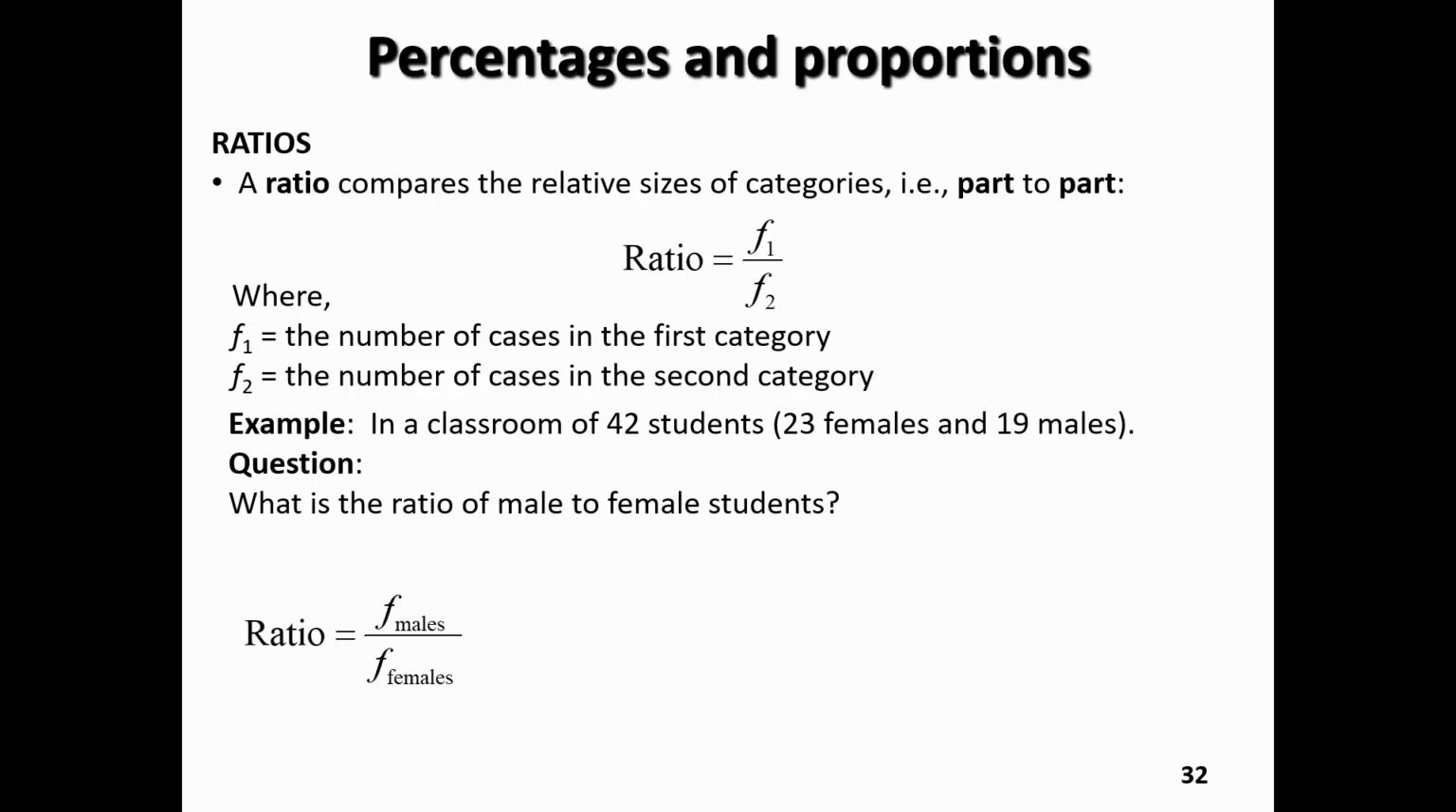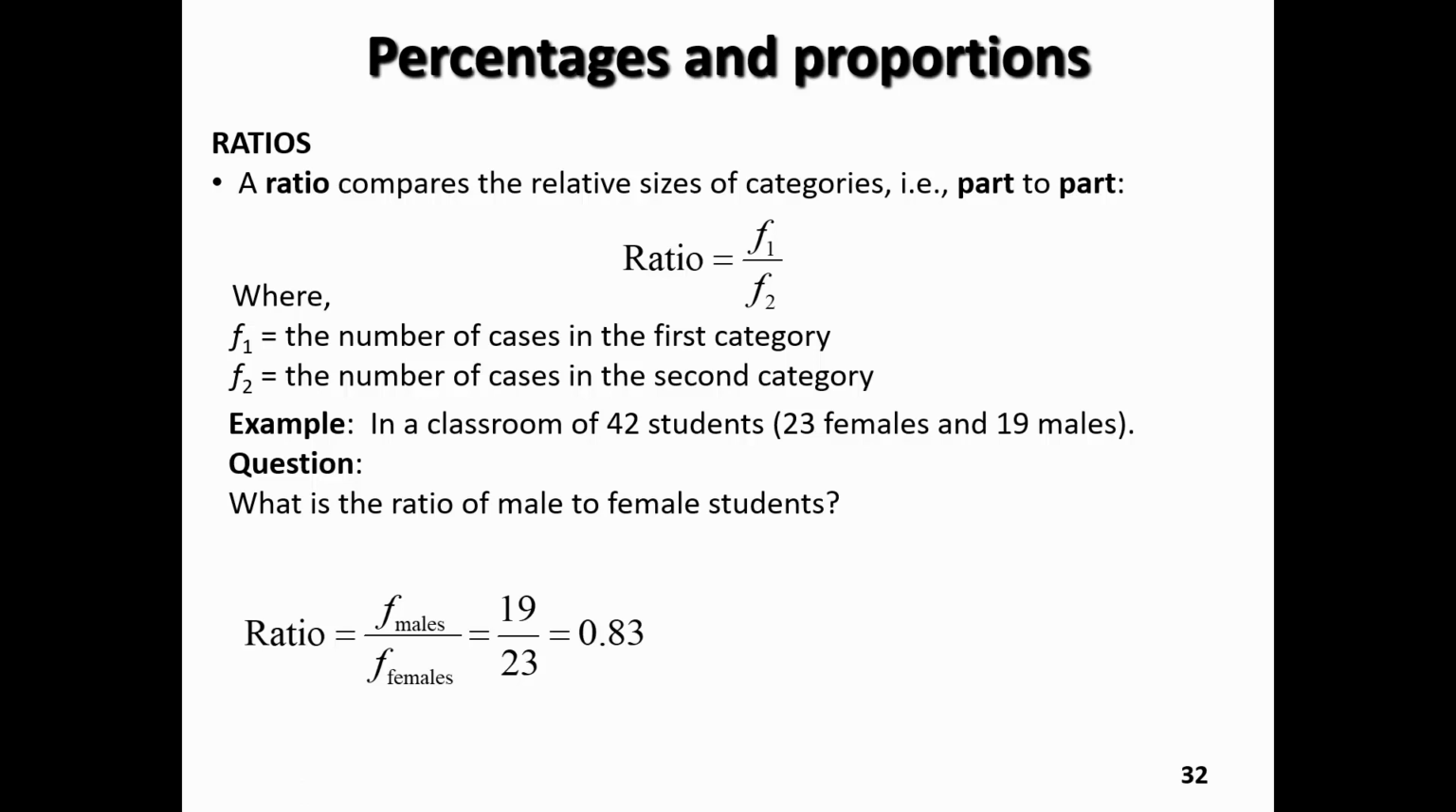Okay, restarting the video, we have our equation for the ratio of the number of males divided by the total number of females specific to our example. And so we just substitute the total number of males, 19, to the total number of females, 23. And we have a ratio of